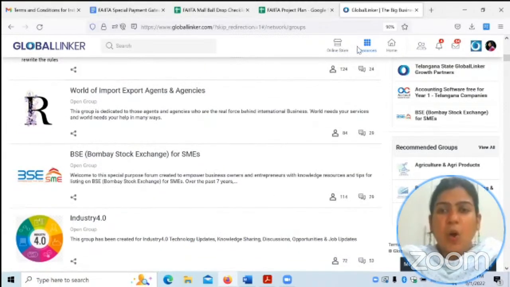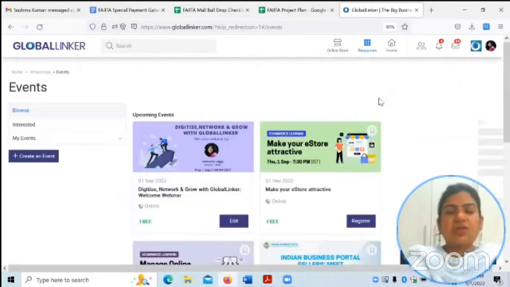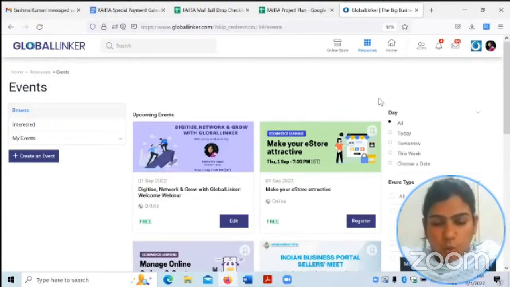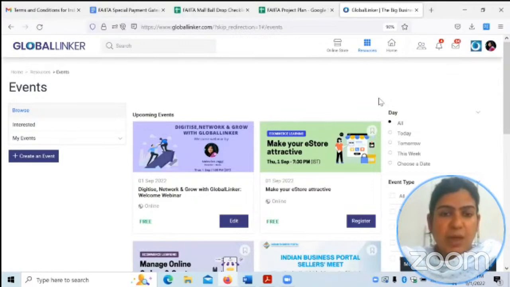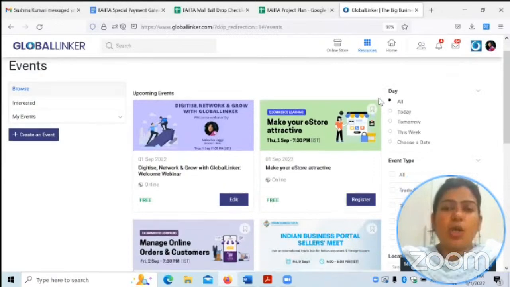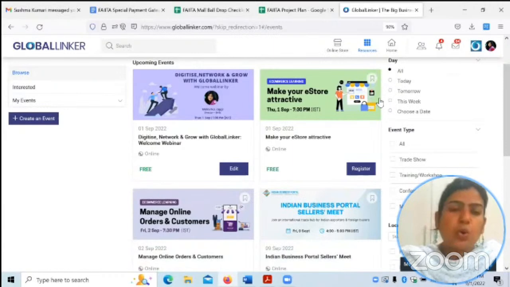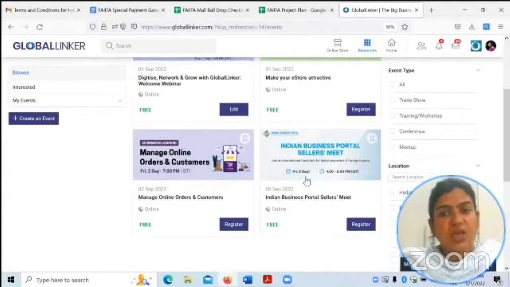Now, again, moving forward, we'll come to the events section. Now, here is a section which is curated specially for small and medium enterprises. All the various events happening across the world in the SME domain. By SME, I mean small and medium enterprises. They're all curated here for you, right from the event that you registered for today, to sessions that are being organized by leading organizations who want to share their content with you,